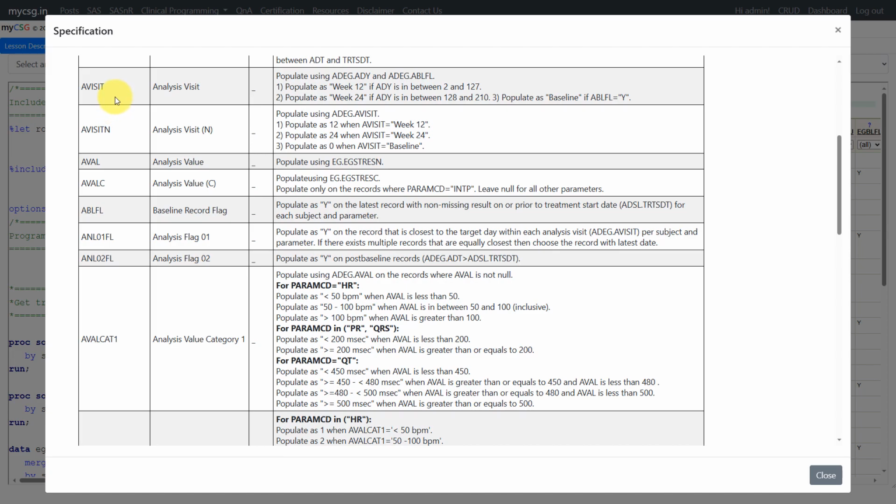In some of the previous videos, we saw that we were directly making use of the value present in visit and visit num to create AVISIT and AVISITN, but in this case we are seeing windowing. It is a simple windowing logic, so it is not very complex. Here we are asked to populate AVISIT based on the values present in the ADY variable of ADEG, which means we need to have our ADY created before that step,